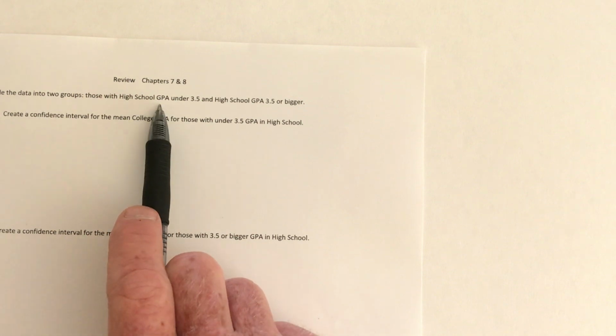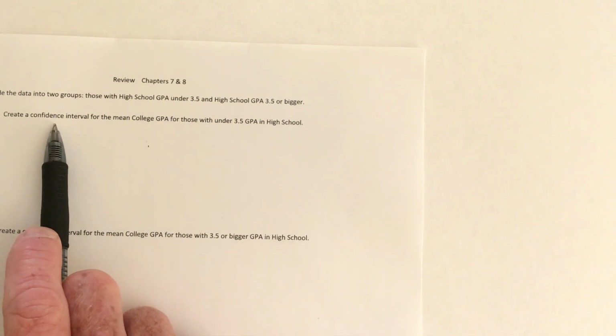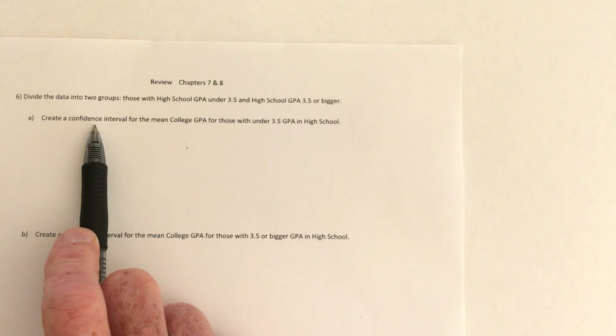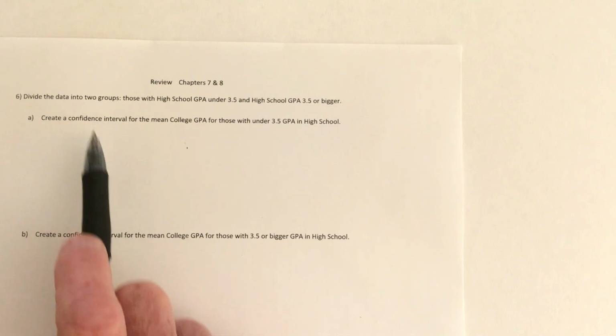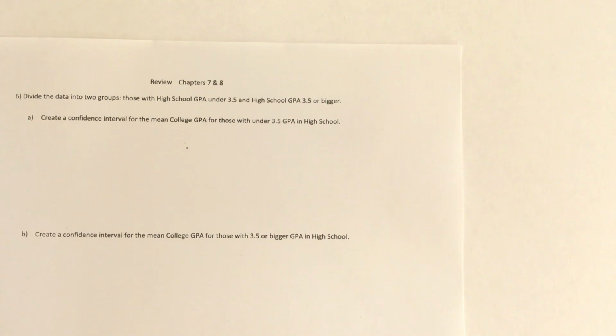So this part is saying the same thing, but here's the part where I ask for the confidence interval. So on the first part of the video, when I did those 2 examples, I did test the claim first. And then I said, oh, let's throw in some chapter 7, the confidence interval. So that's what these are asking. And notice there's not a lot of space, because when you do the confidence interval,